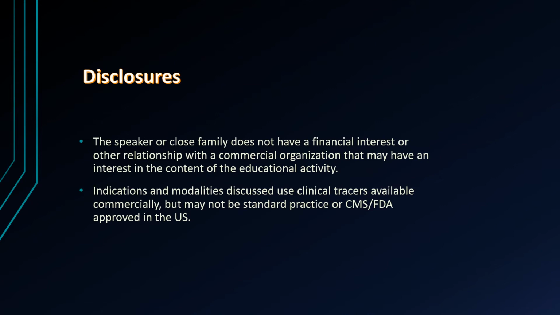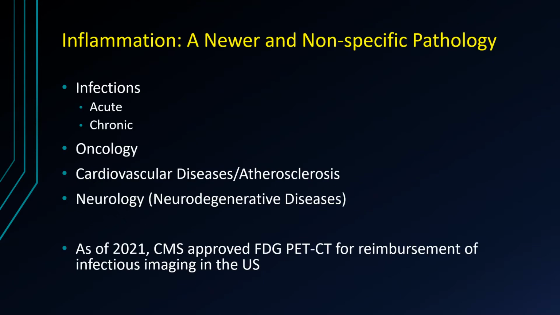So I have no financial disclosures, but I will be talking about clinical tracers and uses that may not be currently either FDA approved or approved for reimbursement in the US, whereas they may be approved elsewhere in the world for such uses. So when we talk about inflammation, we're really talking about a newer and non-specific pathology